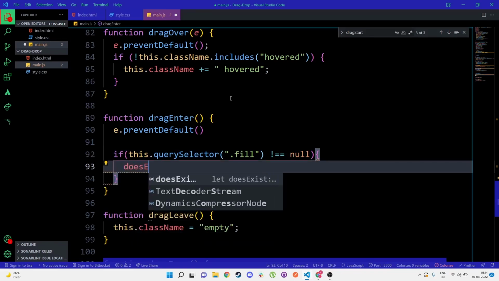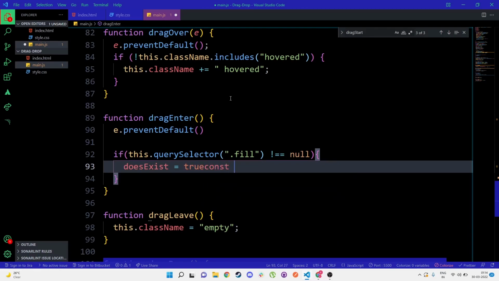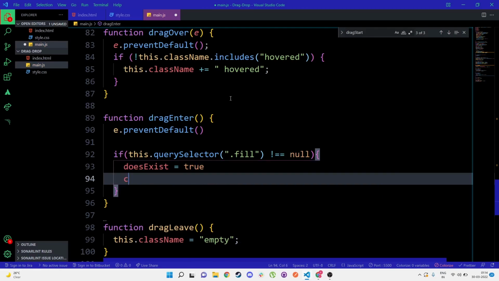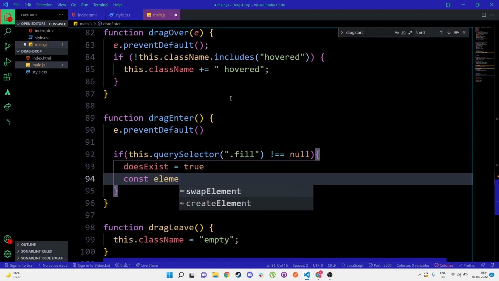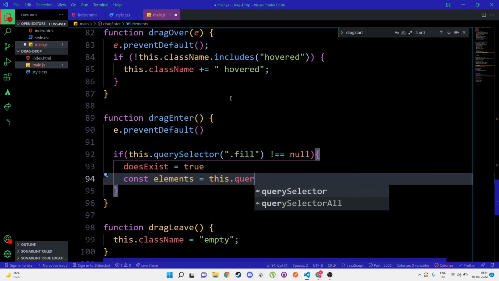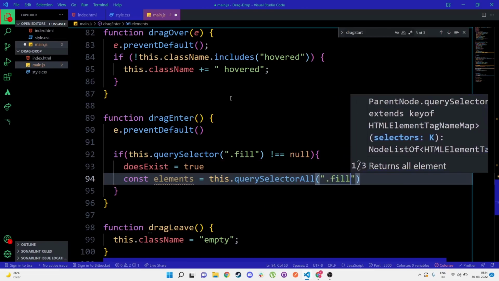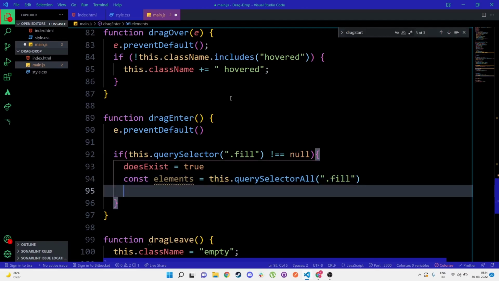So I'm going to set doesExist to true, and then after that I'm going to create a variable const elements, and this is going to be this.querySelectorAll, and it's going to select the .fill. And then I'm going to add the swapElement as elements